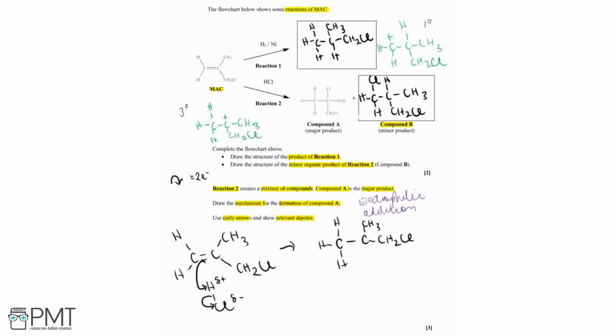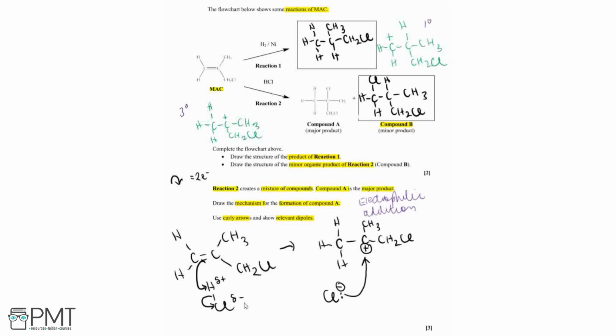And now we've got an electron deficient carbon. We've produced a carbocation here because this carbon has now lost its bond. It's lost these electrons, therefore it's positively charged. What we also produced in this section was a chloride ion when we flowed these electrons onto this chlorine. So we've now got a carbocation and a negatively charged chloride, and this is going to therefore attack that